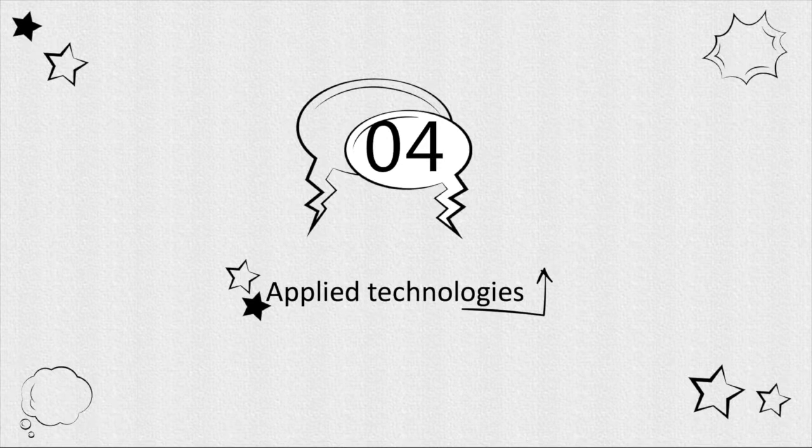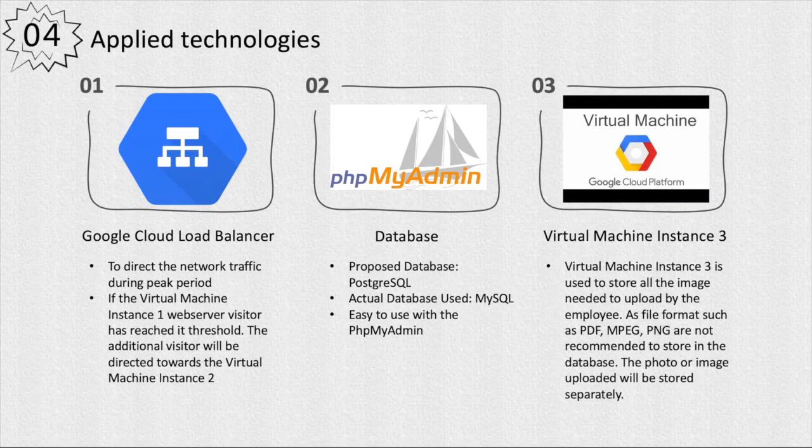I will be going through the system architecture of our web portal. The whole system architecture is divided into 3 parts: the VM instance, the database instance, and the cloud load balancer. For the cloud load balancer, the main purpose is to direct the network traffic during the peak period, where let's say